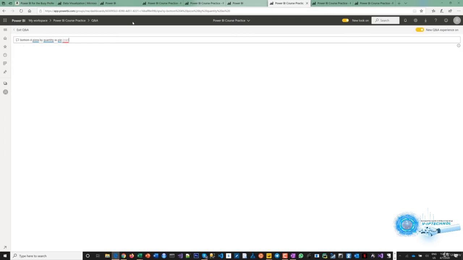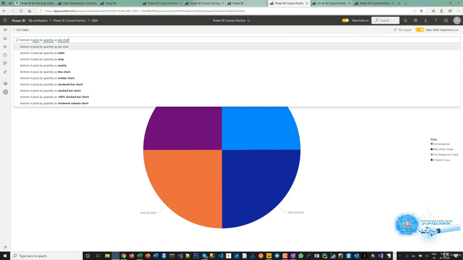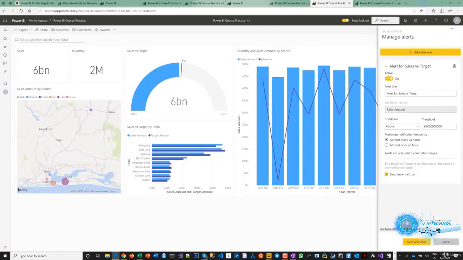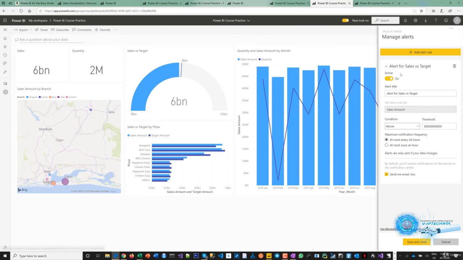So you have full flexibility as per how the data should come up, and you're just asking. So it's called Q&A. You say what you want, and Power BI builds it. And if you like it, you can pin it permanently into your dashboard. And also, I take you through how you set alerts. So you want to monitor some metrics, some important figures, and you want to say Power BI should send you an email